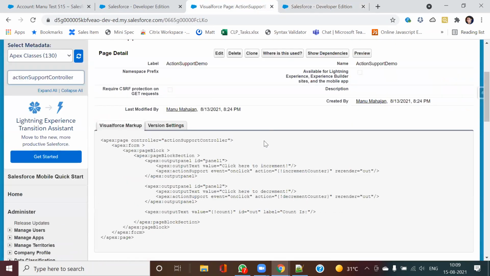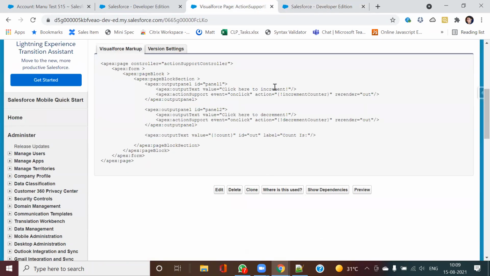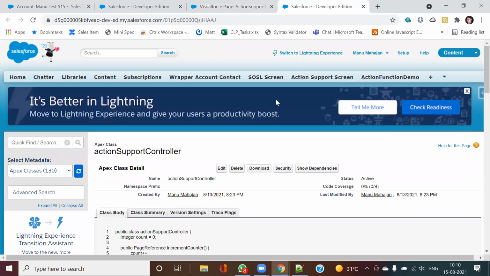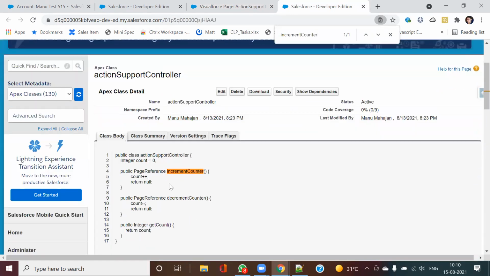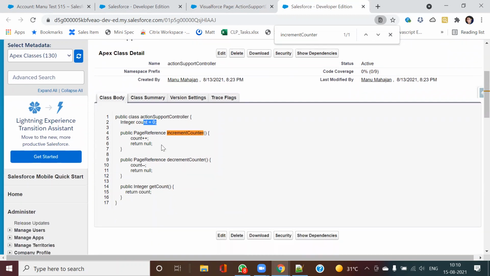Now if you see here, click here to increment. Inside that, I have provided this AJAX support. Whenever I am clicking on this, I am calling this action method in my controller, increment counter. Inside that, I have this variable count, which is just increasing its value.